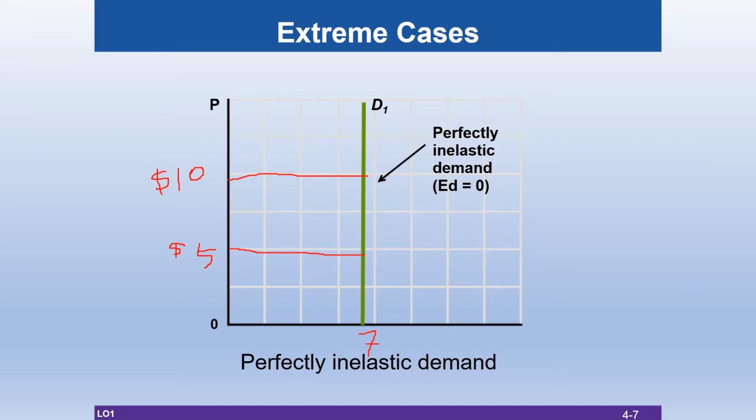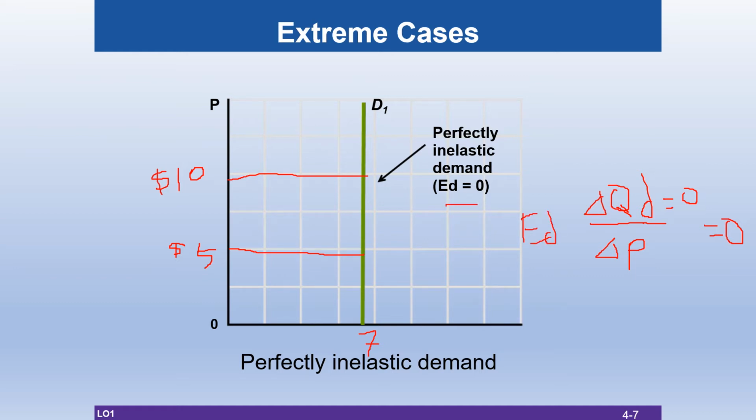So what we saw here is that a positive change in price did not have any change in quantity. So the quantity demanded change was zero. And when the numerator is zero, then the whole thing is zero, right? So that is why we said for the perfectly inelastic demand, the elasticity value is zero.